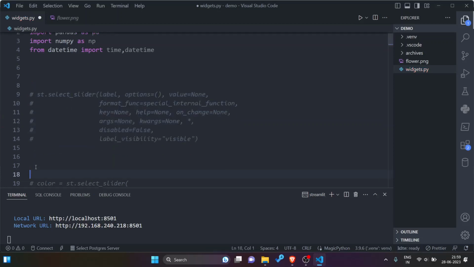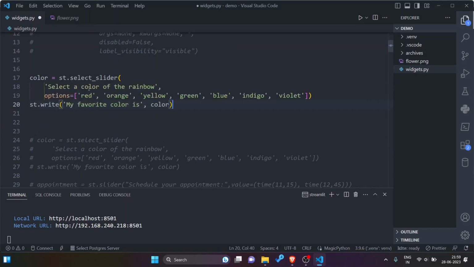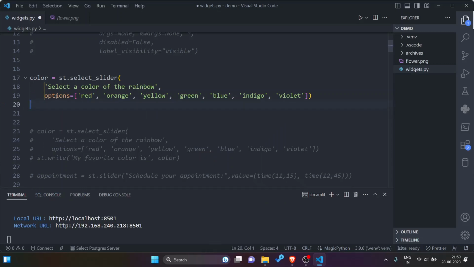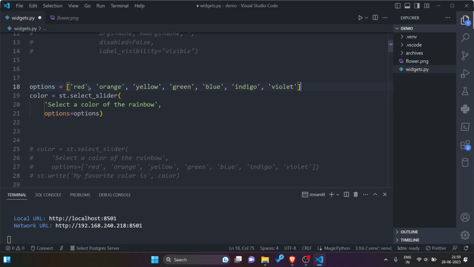Let me copy paste it. So here a range of options are available for this select slider. These options start from red and go up to violet.